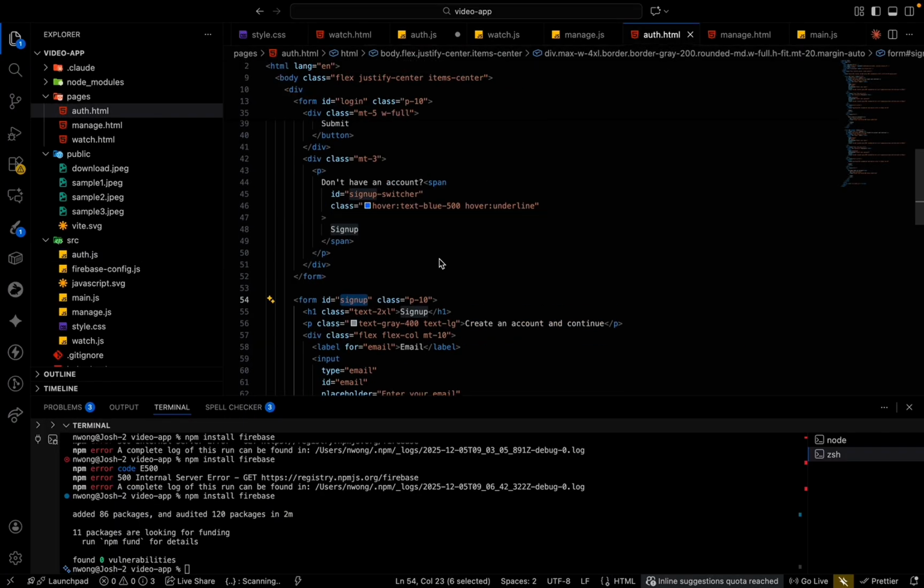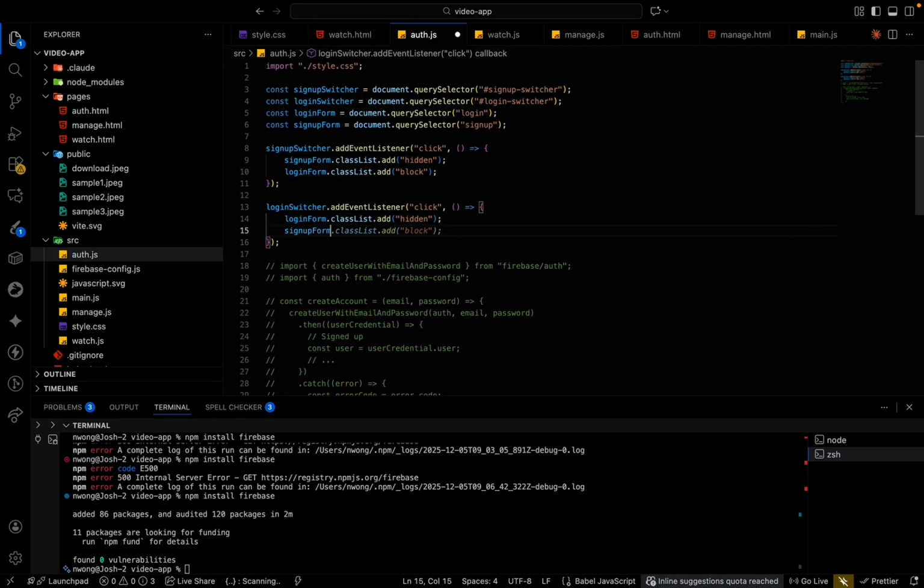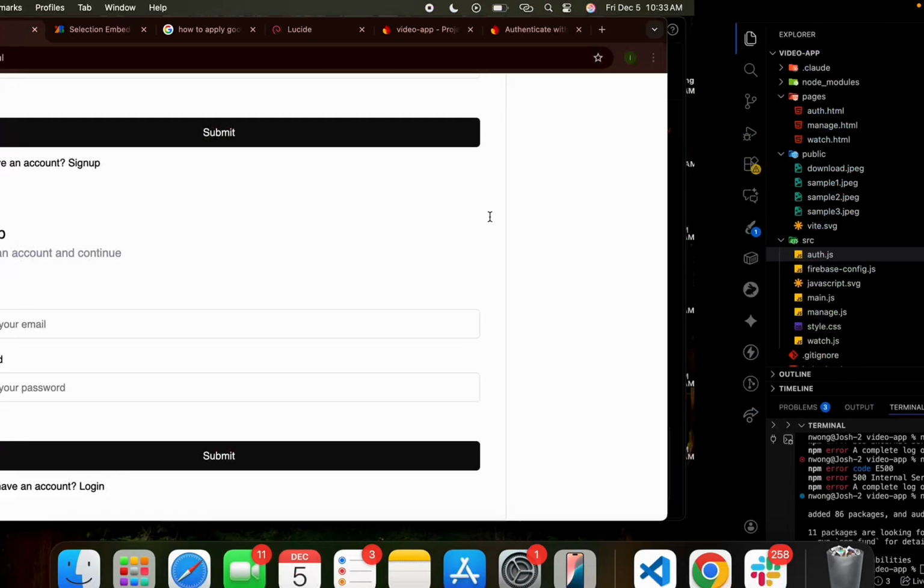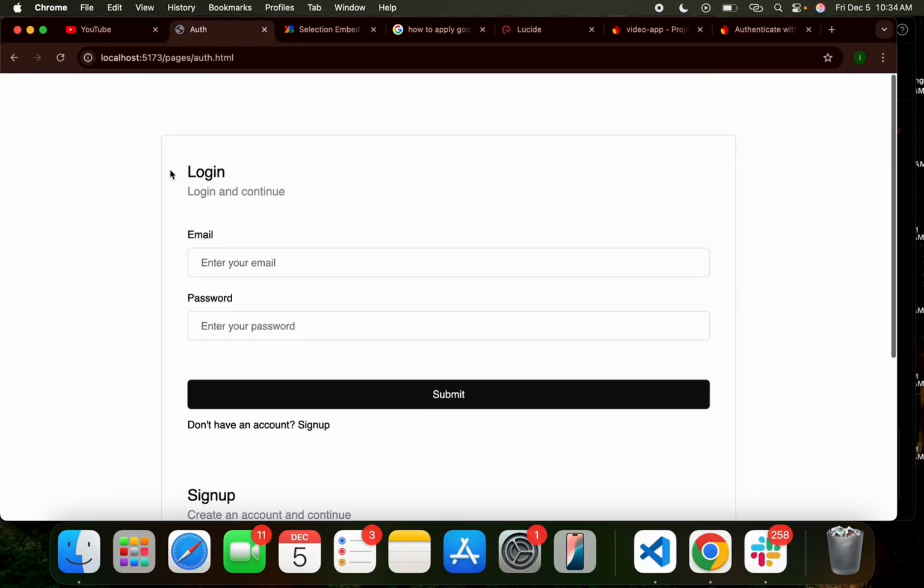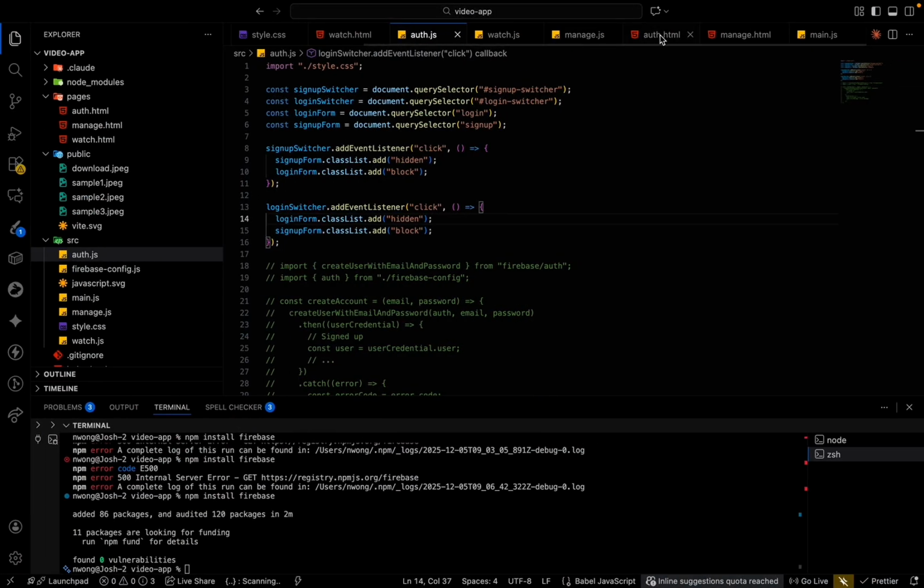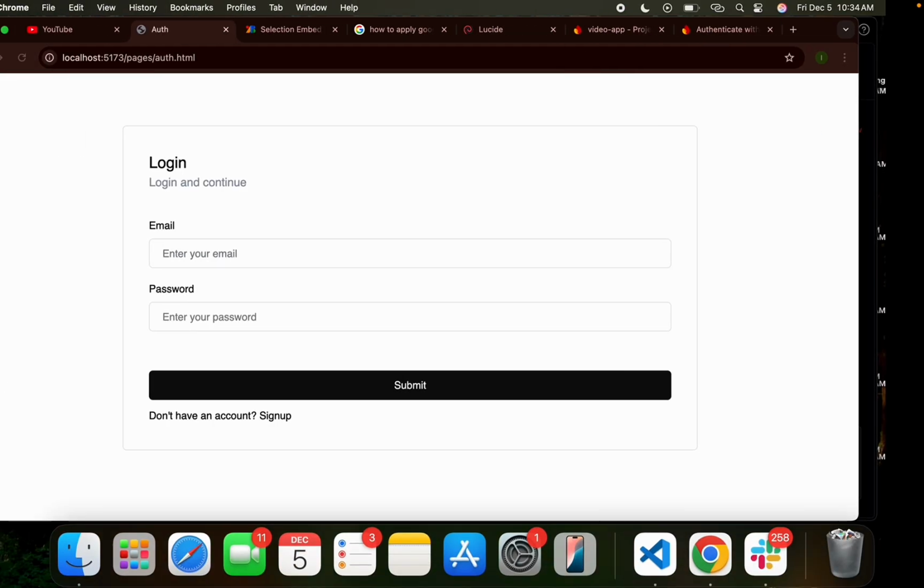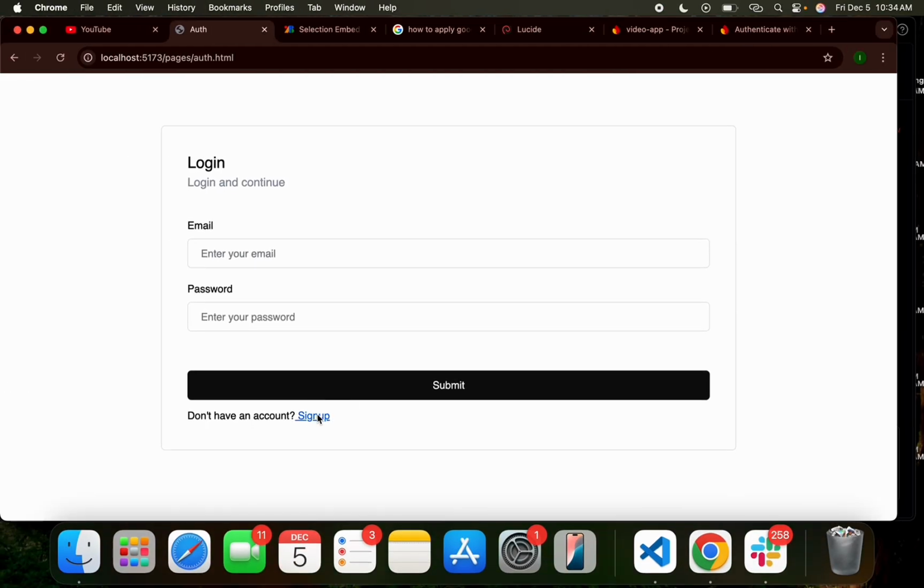So let's look at what we already have here. This should be okay, so it's going to be block because by default it is block. So this is going to be block, and then this is also going to be sign up form, this is also going to be block. So if we come here now, what we want is that by default, on our auth.html, sign up form should be hidden, right? So if we click on sign up,